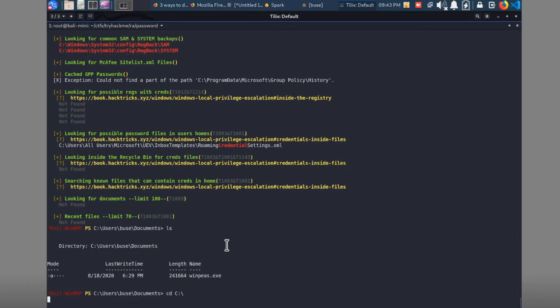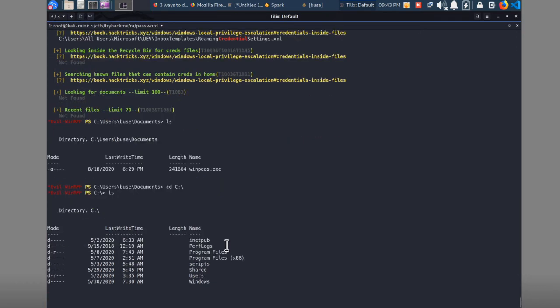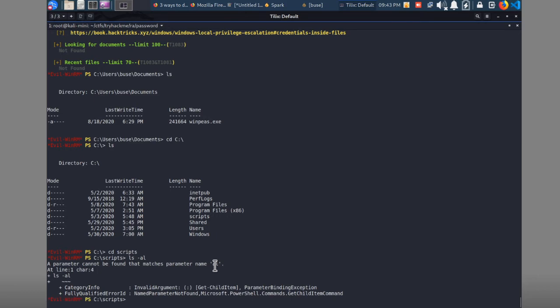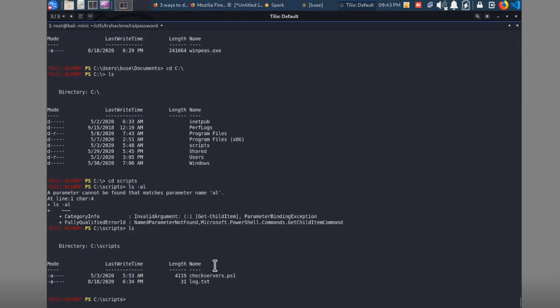If you end up searching more through the directories and stuff like that, you start looking at the C directory and you start noticing an oddball directory called scripts here. If we cd into scripts, oh, forgot I'm doing PowerShell. We see that there's two scripts in here. We see check servers.ps1 and a log.txt. So if we cat the log.txt,